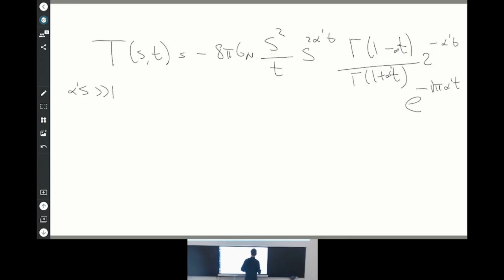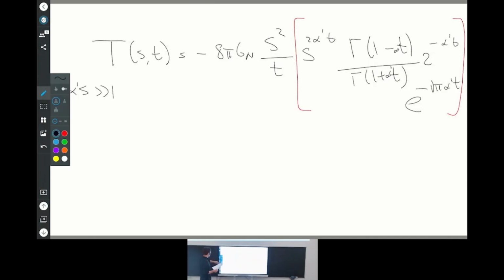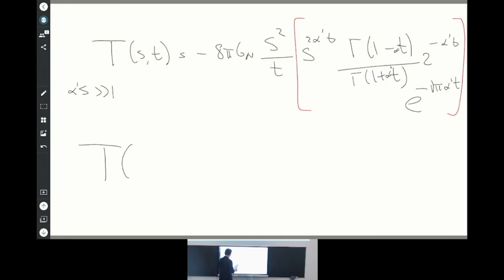So this is just the Regge limit of the previous formula, and what we want to understand is that the string effects are in this phase. This is all very standard. What we do is take this formula in the Regge limit and look at it in impact parameter space. So if you do the impact parameter transform,